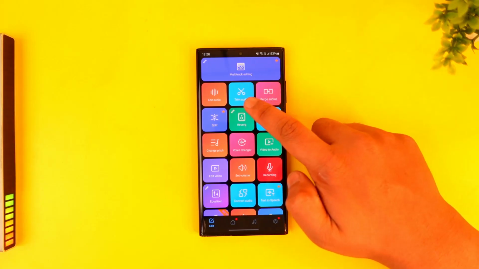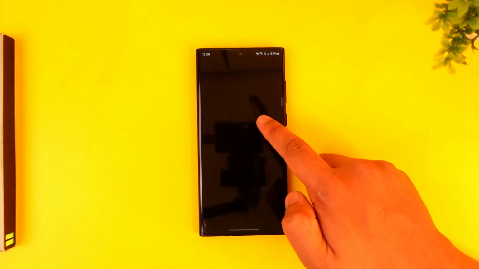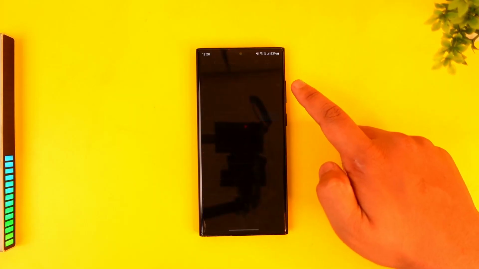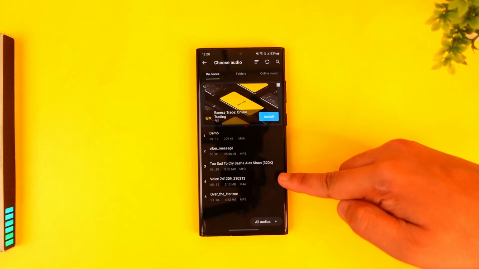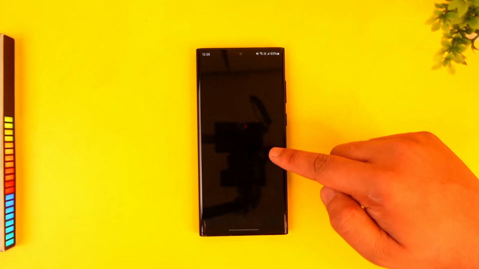Now I'll simply choose the audio. Tap on this option that says trim audio right here. So you can see trim audio, tap on it. Simply choose the audio file that you want. And once you choose the audio file that you have on your device, now you can go ahead and then